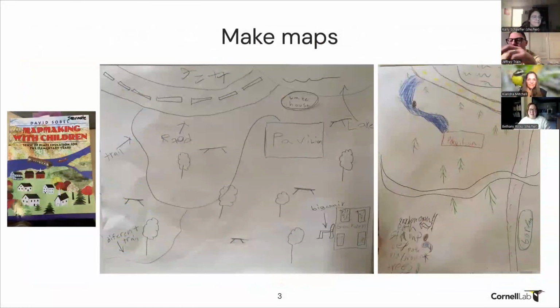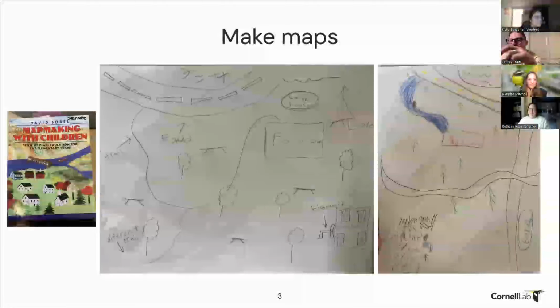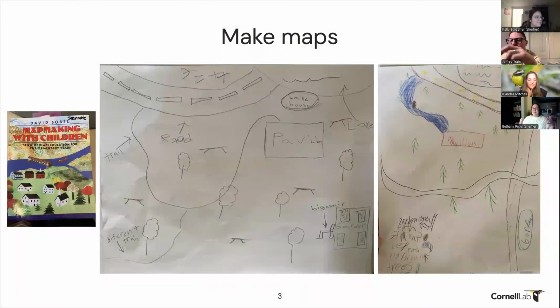One of the things we often do, especially in a first program, is make a map of our area. And this serves a whole bunch of different purposes, one of which is engaging with this space in a different way. If this park has always been the place where I go and I run around and I scream, that's not what we're going to do, and we need to reset. It's okay. Those are all important things to do, but that's not what this time is. It also helps us with setting boundaries, getting to know where it is that we're exploring, and oftentimes it becomes a long-term activity so that we can record as we learn more about this space.